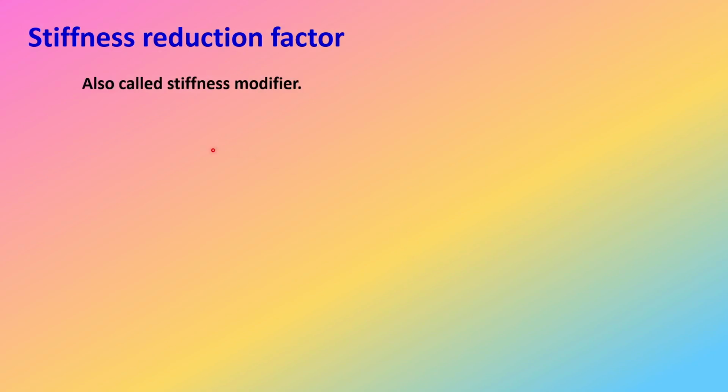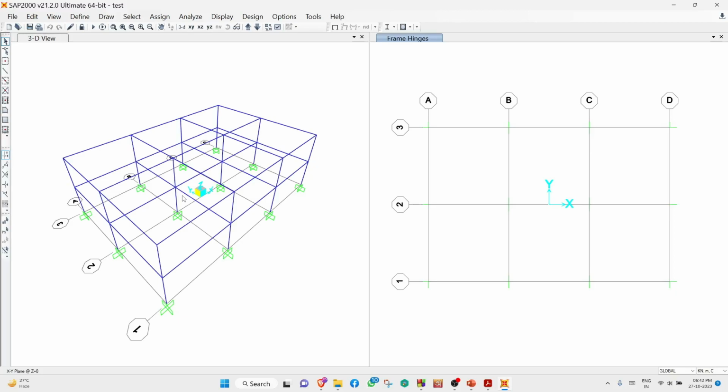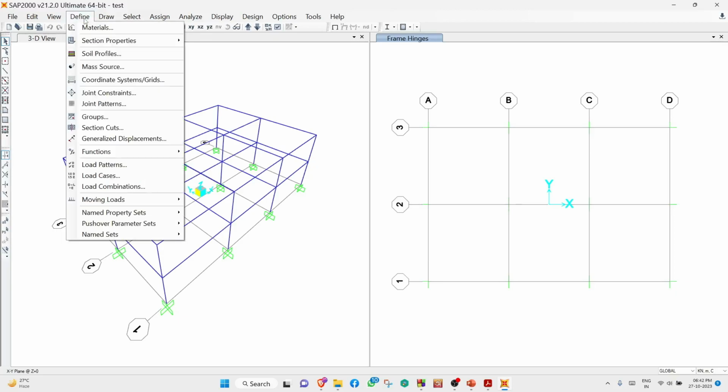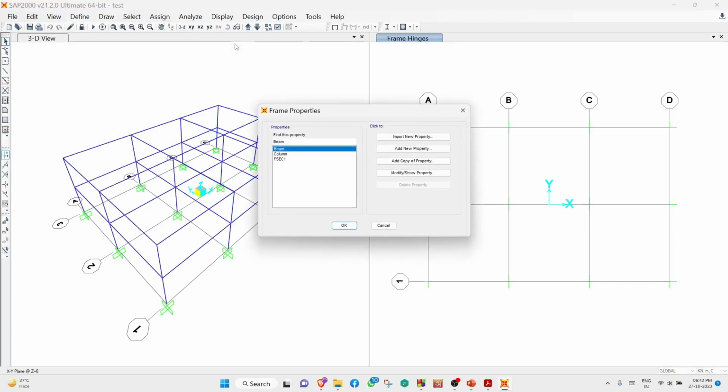Stiffness reduction factor is also called stiffness modifier. How to assign the modifiers to the members in a model? For that purpose, we shall take a SAP 2000 model and show how to apply these modifiers in particular members. To see how the modifiers can be applied on the members, let us consider a building model in SAP 2000 software. You can go to define and then section properties, then frame sections,